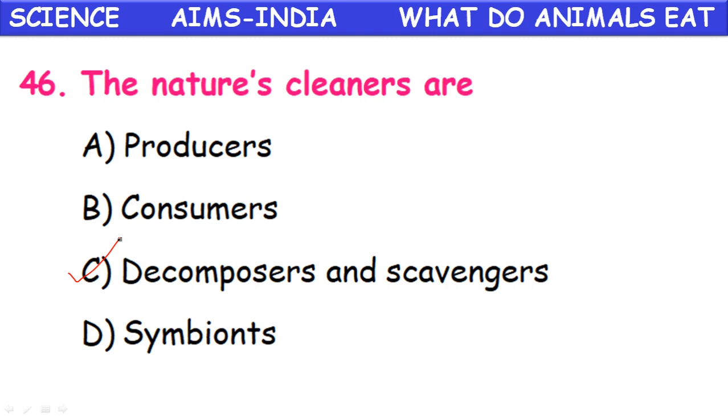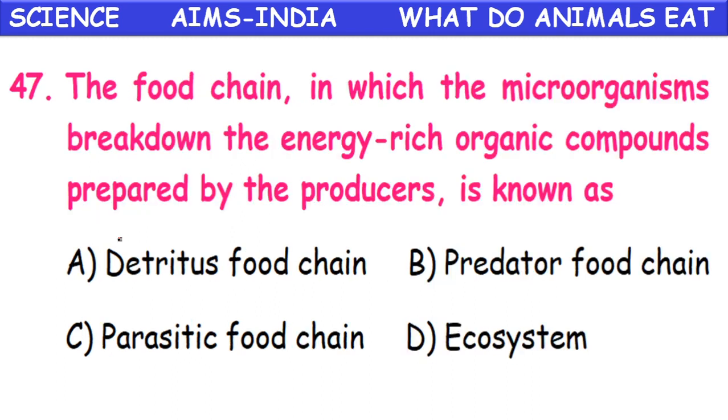So what do you call these: fox and wolf? These are all, even crow also, decomposers and scavengers. Crow also comes under the scavengers category. If we throw a dead rat in our house, and the municipality people don't carry it away, a crow will eat it. The food chains in which the microorganisms break down the energy rich organic compounds prepared by the producers is known as